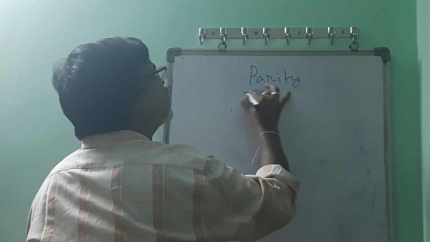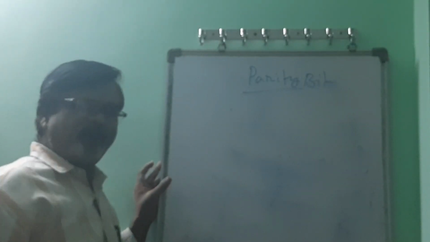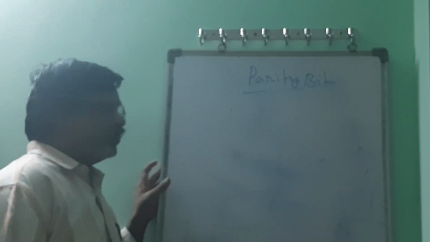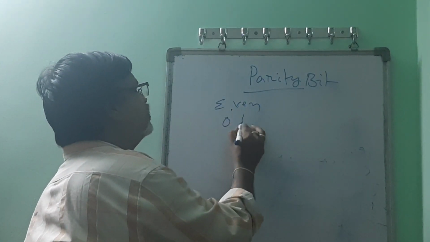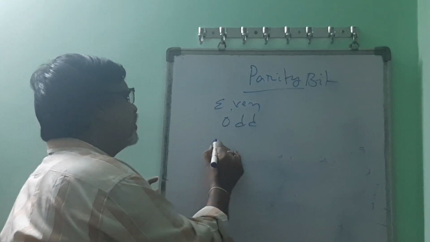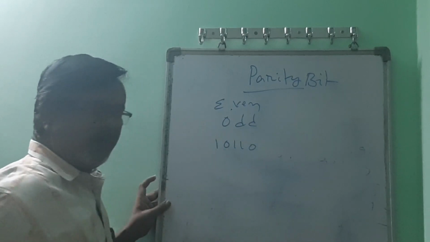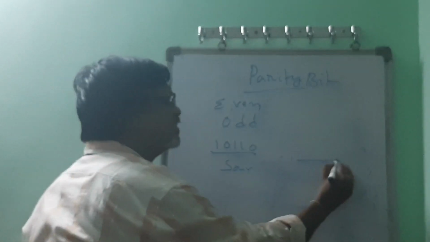With this, we have completed the complement methods. And the third question you people are asking me is about the parity bit method. What is this parity bit method and why do you use it? This parity bit method is used in error detection. We follow two parity methods, even parity and odd parity. Whatever number we are going to send, for example 10110, from the source to the destination.